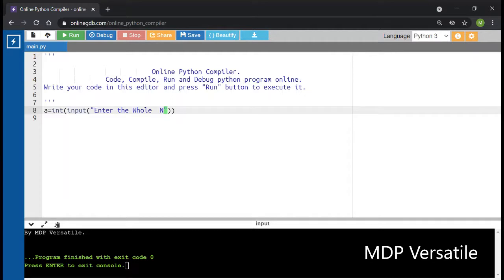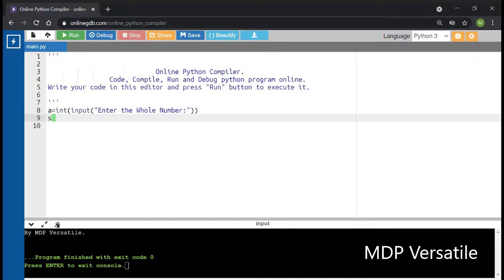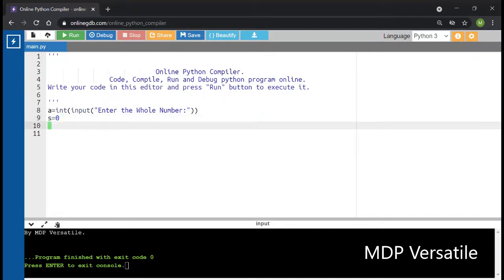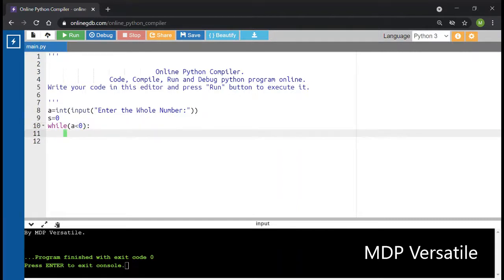Enter the whole number. Then leave one space, and here a colon. Then type s is equal to 0. Then type while, then open and close brackets, and in there a less than 0, then after the bracket a colon. Then type b is equal to int, then brackets, and in there type a